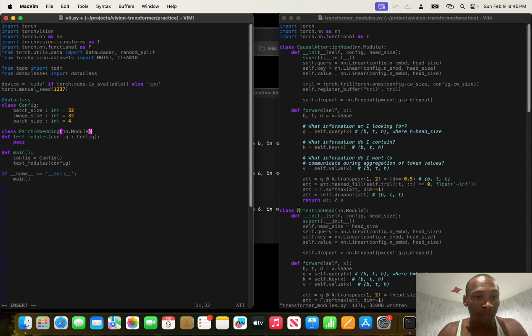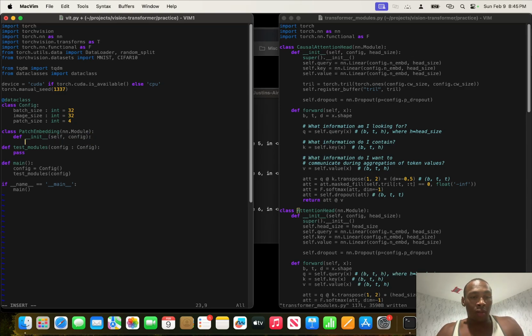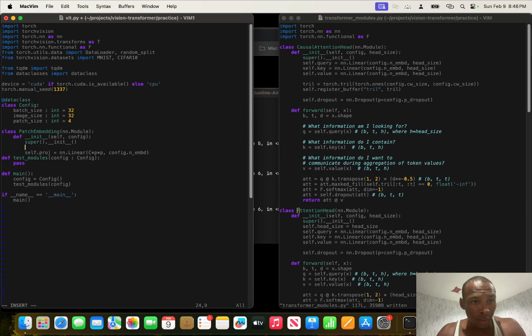So, module. I'm going to pass this config file around again. Super. Patch embedding contains a linear. Again, I like to use